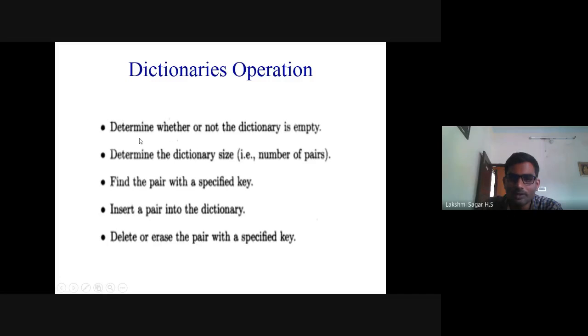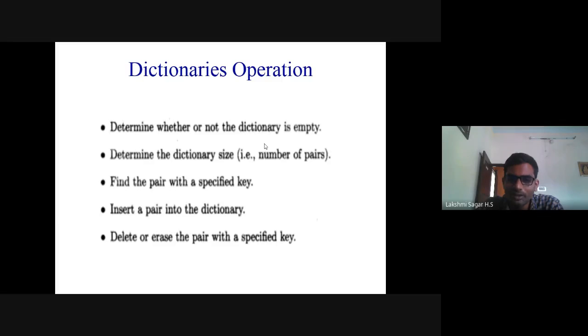So dictionary operations: we can determine whether a dictionary is empty or not, and determine the dictionary size, that is, how many pairs it contains. We can find the pair with a specified key and the element associated with that key using the find operation, and insert a pair into the dictionary.